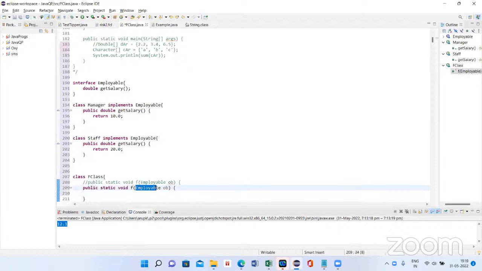Means I want to make it T. Now, how do I declare T? T extends Employable. Yes. T extends